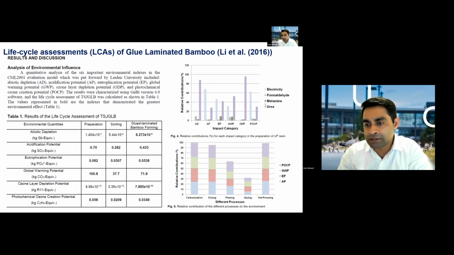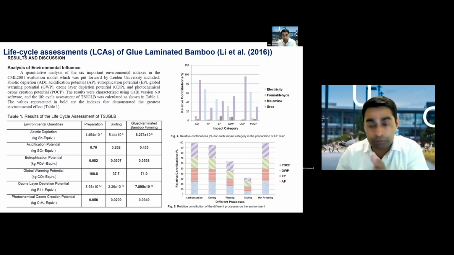You can see the main culprit is the urea, the nitrogen fertilizer that's required to grow bamboo. Bamboo usually requires less fertilizer anyway, but if we can minimize that even further, it would be even more beneficial for life cycle equivalency. And the different processes, carbonization, drying, planing, gluing, hot pressing, the different stages of engineered bamboo production, their relative contribution is also shown here for the different components. So I would again